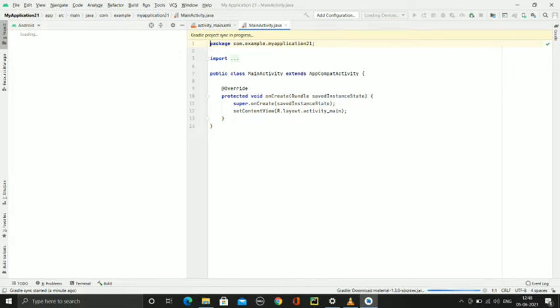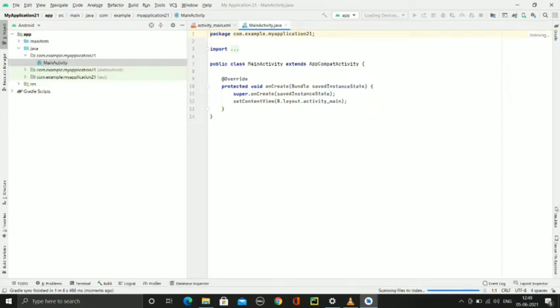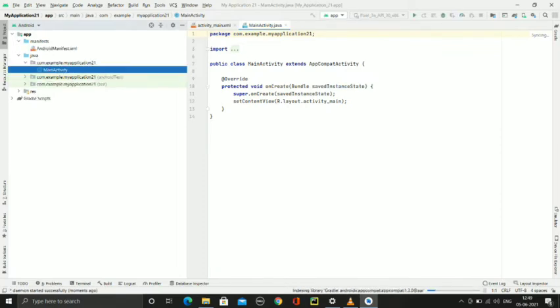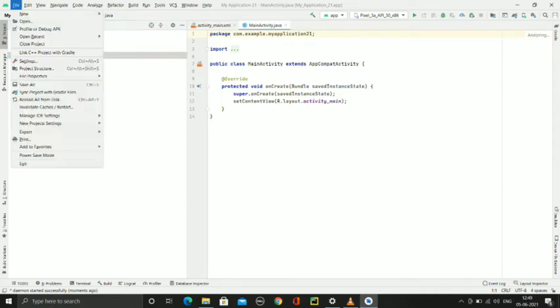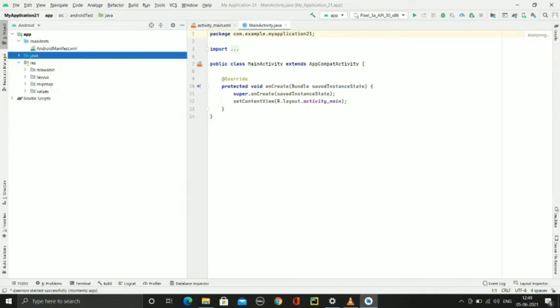As I have said before, the system with high features is needed, like 8 GB RAM and a 64-bit processor, even though it is taking much time. The Gradle got built here, and we can see different kinds of things like a manifest file, a Java file and a resource file. As I have done this application previously, we will open that file now, and we will click here the close project,